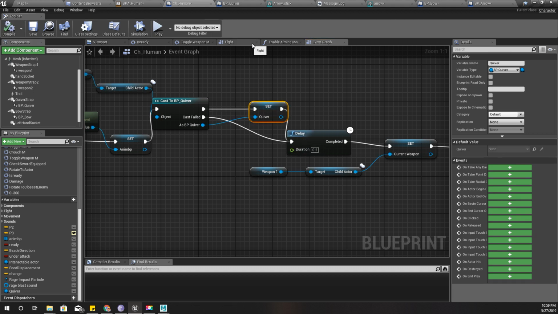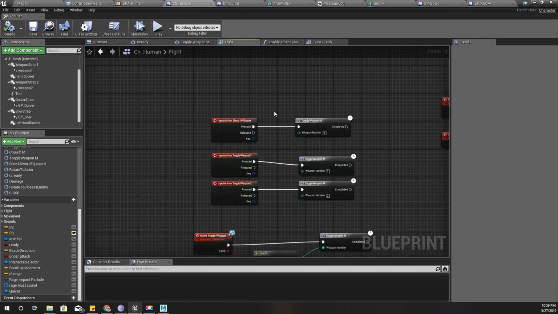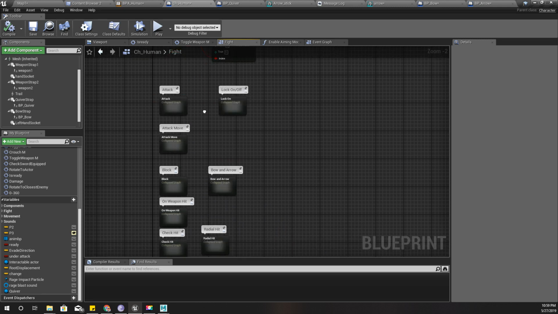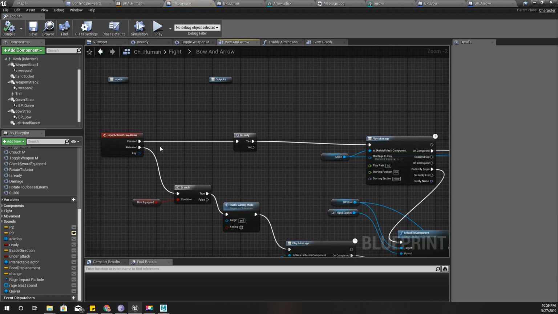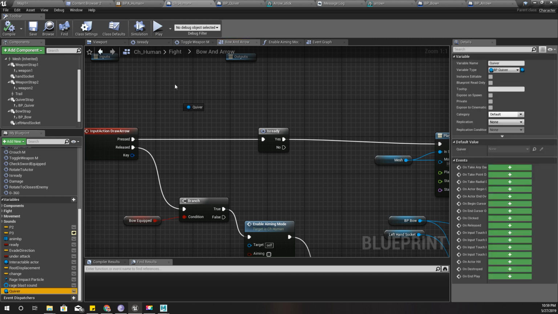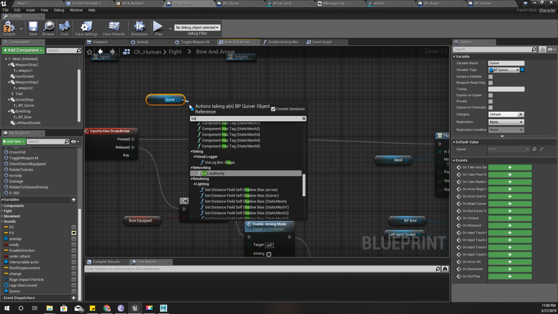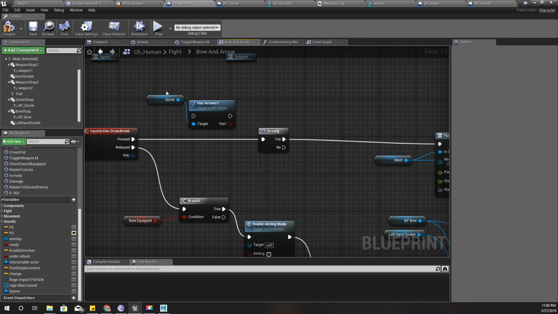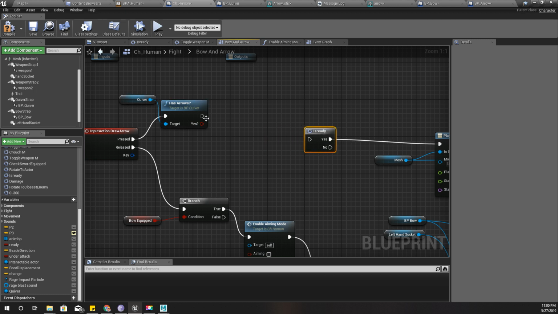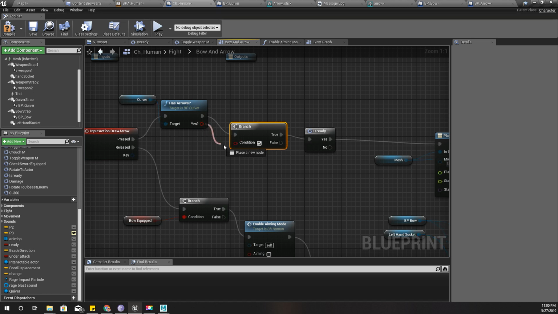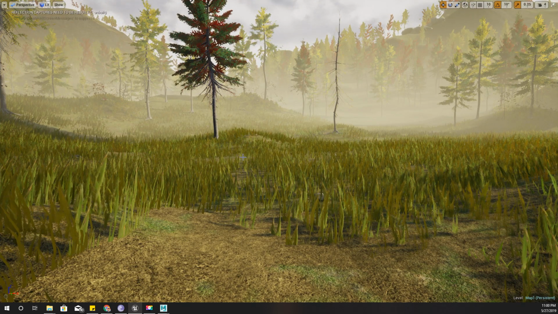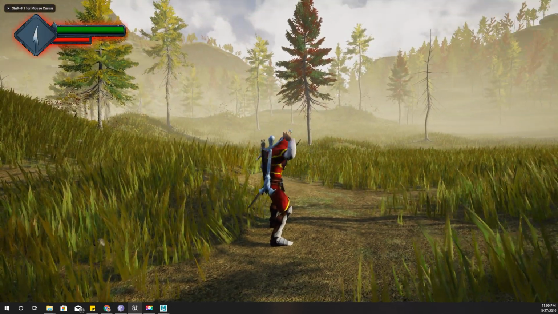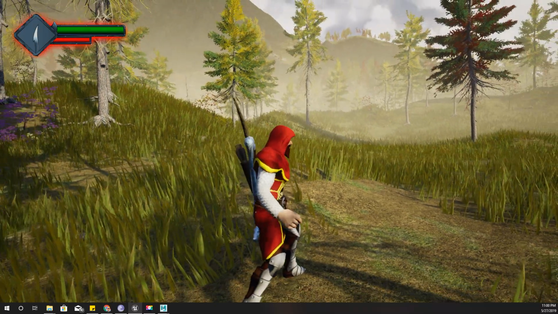Okay, now when I try to draw the bow, I check if the quiver has arrows, and only if that part is true, I'll do the rest. So let's check it first. Okay,